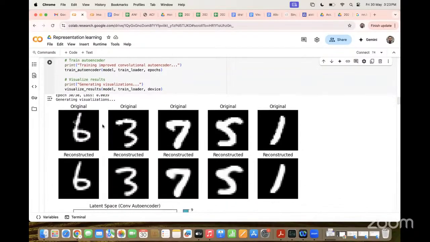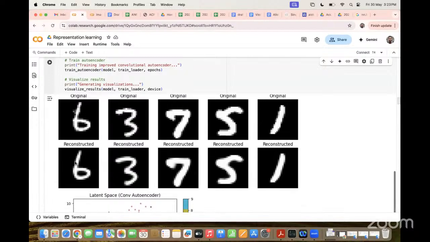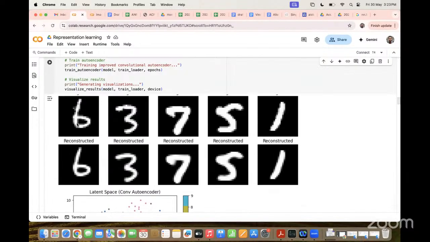Here it's our original input image. Then we compress it, and with the decoder's help, we reconstruct it. So you can see the difference between the original image and the reconstructed image. What are the dimensions of the reconstructed image?